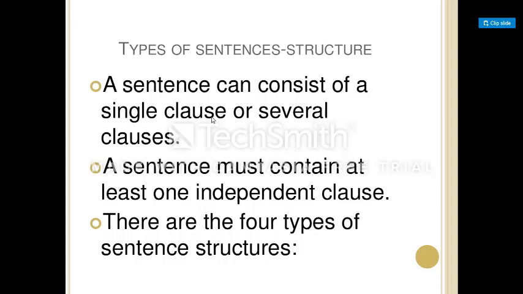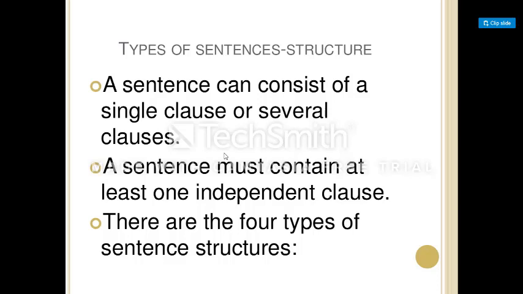Okay, to make it simpler, I should say sentences may have clauses. To be a sentence there must be an independent clause. Clauses are of two types: independent clauses and dependent clauses. Dependent clauses include noun clause, adjective clause, and adverb clause, right? And independent clauses do not carry any further categories or division.